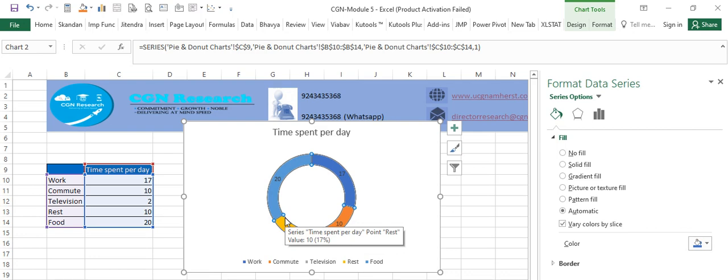Very simple: we just have to have a specific type of data for each type of chart, and then select the appropriate chart. If you don't understand how to select, just go to the recommended charts, select the best one that depicts that data, and then select that option.